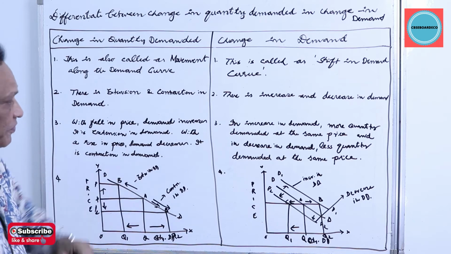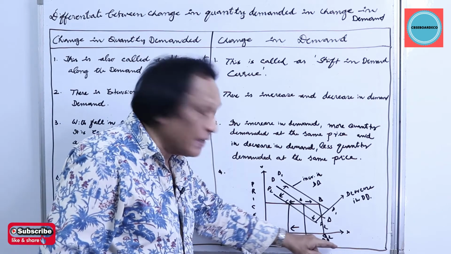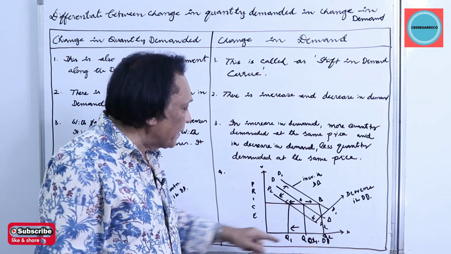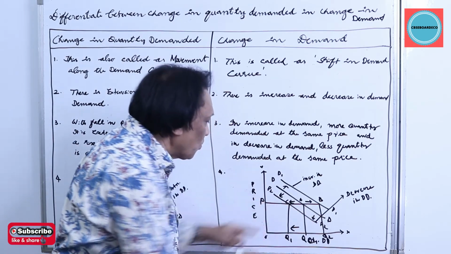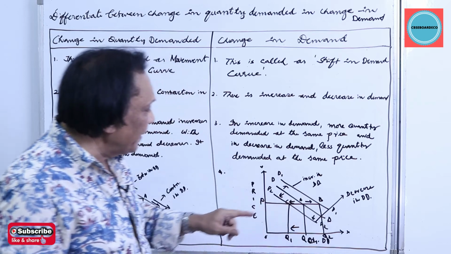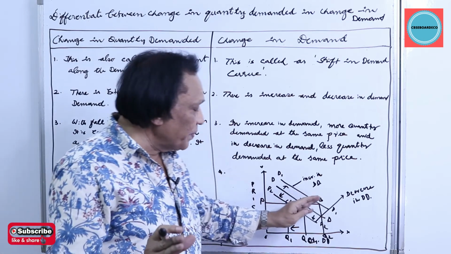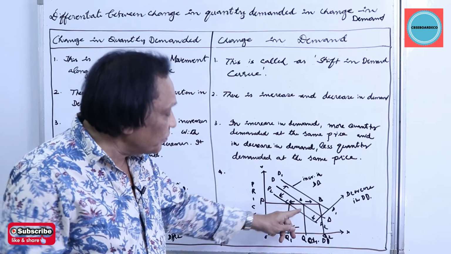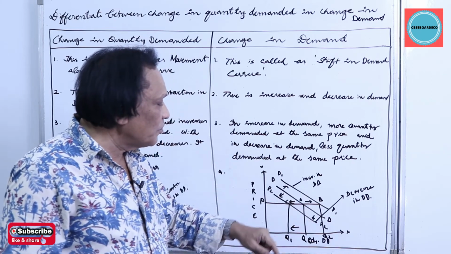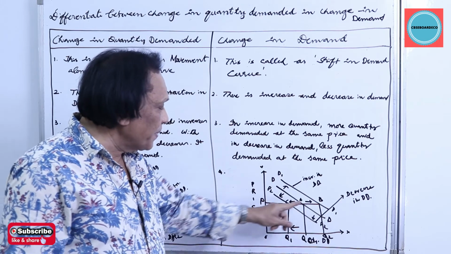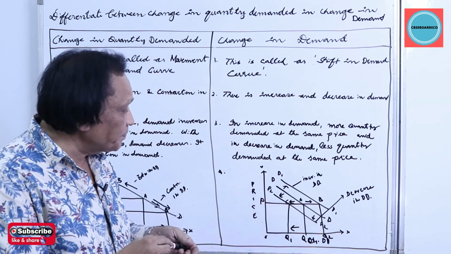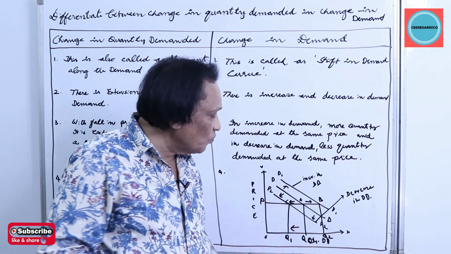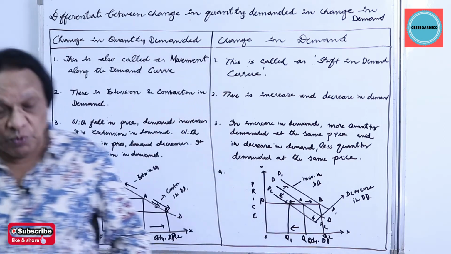You can see this graph here. At the same price, on the x-axis you have quantity demanded, on the y-axis you have the price. DD is the original demand curve. The price is OP, the quantity is OQ. You are at this point A. At the same price of OP, the quantity has gone up from OQ to OQ2. So you are shifting from A to B. A new demand curve has come. At the same price of OP, the demand has come down from OQ to OQ1. Here you are shifting downwards from DD to D1.